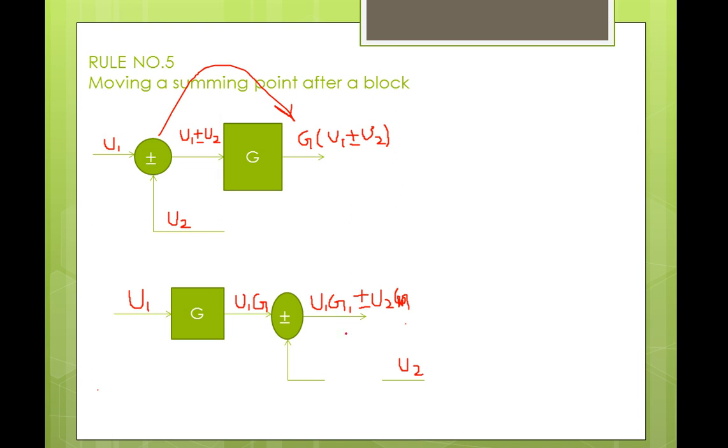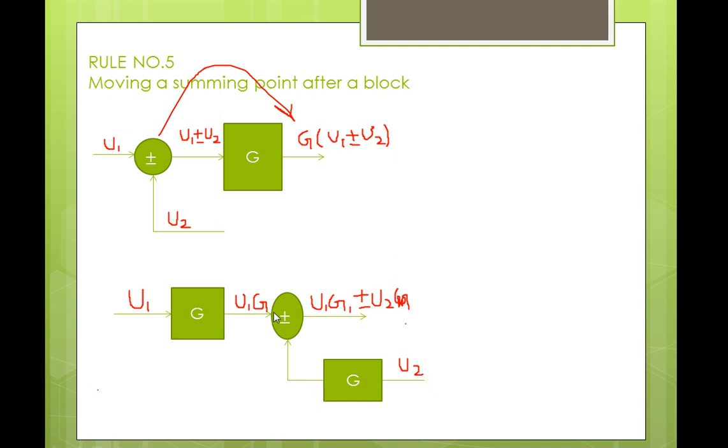In order to get that, you are adding a block here which has the gain of g. So here you are getting u1g this side and u2 into g this side, so u1g plus or minus u2 into g. After moving the summing point you need to get the same transfer function, the same value. So you are adding one more block in this path in order to get the same output. Whenever you are moving the summing point after the block, you need to add a block with the gain of g